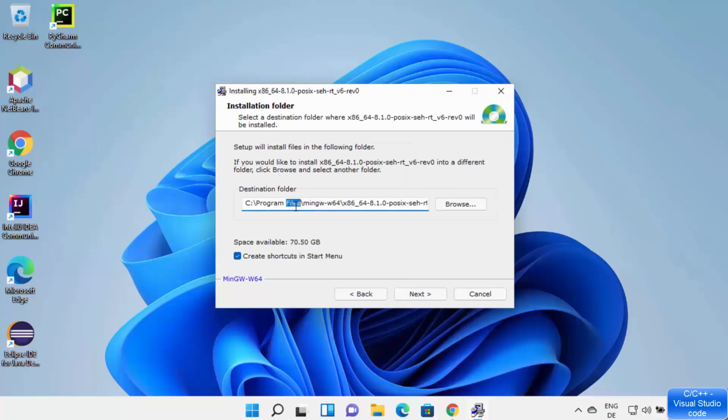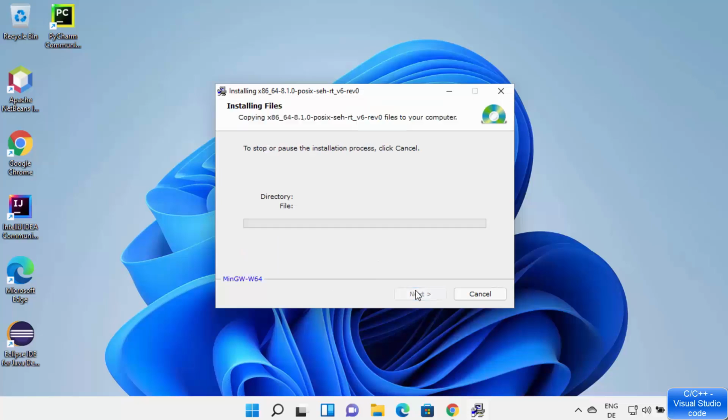And this will be the location where your MinGW compiler will be installed. So you can see it will be installed in the program files. A MinGW directory will be created, and then this folder will be created, right? So if you don't have a good reason to change this location, just leave it as default. And also you can leave this checkbox as checked, which is going to create a shortcut for your MinGW compiler tool. So I'm going to click on next now, which is going to start the download of all the files